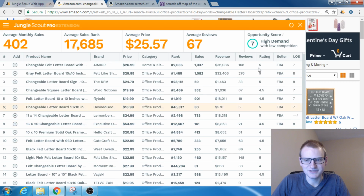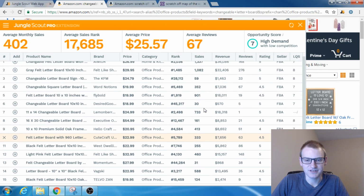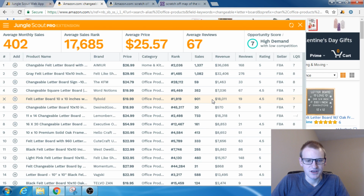But overall, you see it's a 7 opportunity score. It's a decent market. It's not an absolute killer market. So the problem is there's just a lot of products in here that aren't selling well, or a couple that are selling well have really high reviews. Overall, though, it's not a terrible market. So this is a market that I would be more than willing to go into if I had a good reason to differentiate. Okay, if I find something really strong to make my product better, then I would be like,